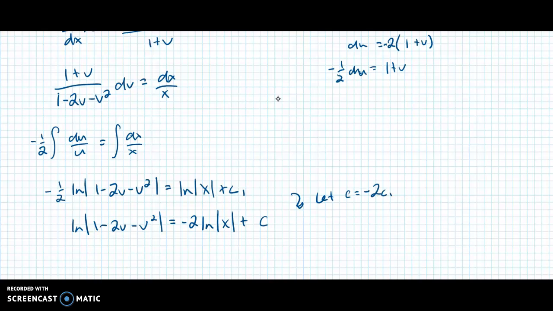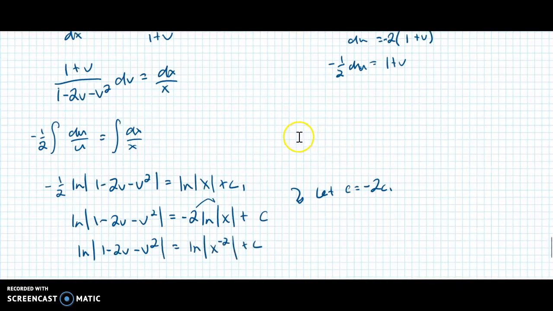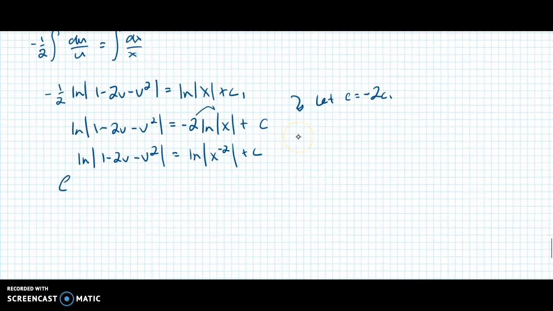You don't have to do that, but I just like to do that. It makes me happier. Now, plug it, yo. Ln absolute value 1 minus 2v minus v squared equals ln absolute value x to the negative 2 plus c. Now, e to the,